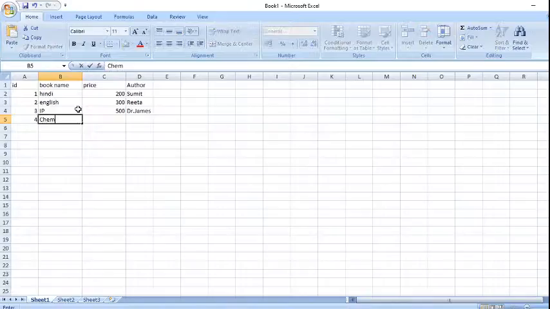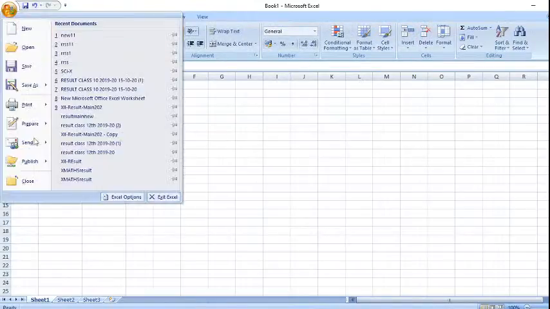Next one, chemistry book number 4. I am putting any value like 700. I am putting here 7000, that's too high. 700, and then Khanna Publications, right?